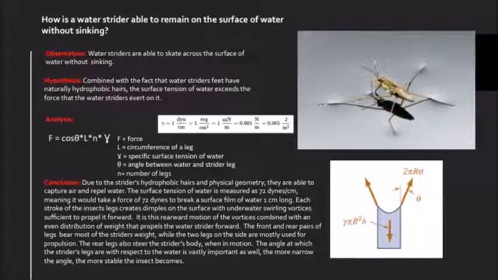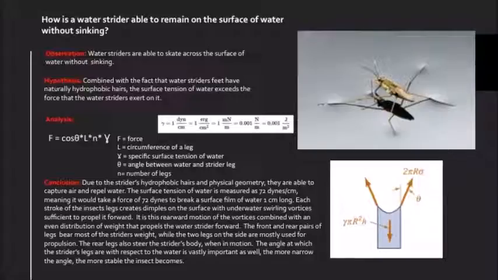The hypothesis we came to conclude is that the combination of water striders' feet having naturally hydrophobic hairs and the surface tension of water exceeding the force that the water strider exerts on the surface allows the bug to remain afloat. If we were to go a little more in detail with the chemistry side of